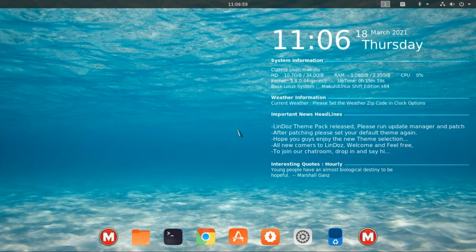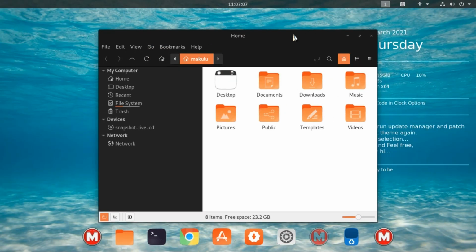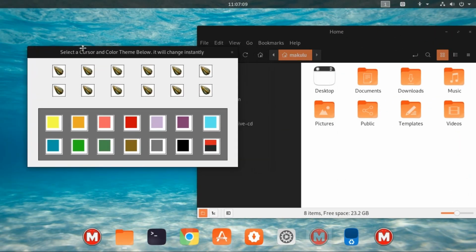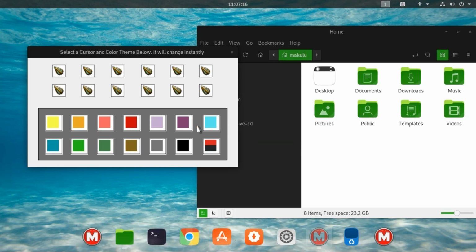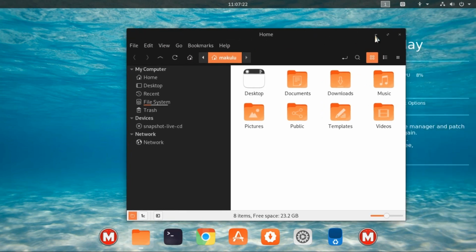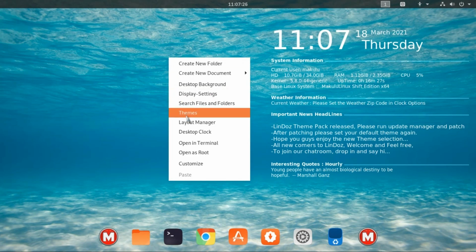But it looks just like Core. It feels like Core. In fact, if we go to themes now, as you can see, you've even got the Core icon pack here. I changed color, red. I changed color, brown. I changed color, green. I changed color, blue. And so forth, and so forth, and so forth. So you even have the icon packs, and you can even change them on the fly, just like in the